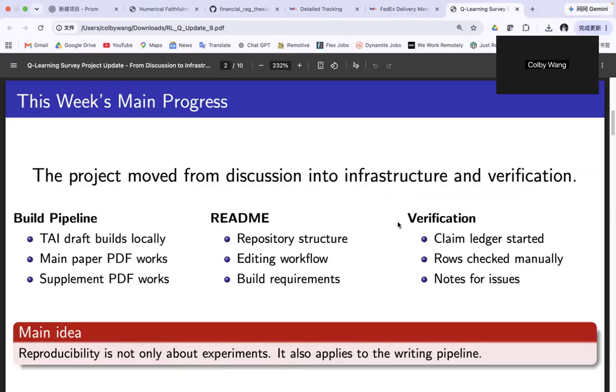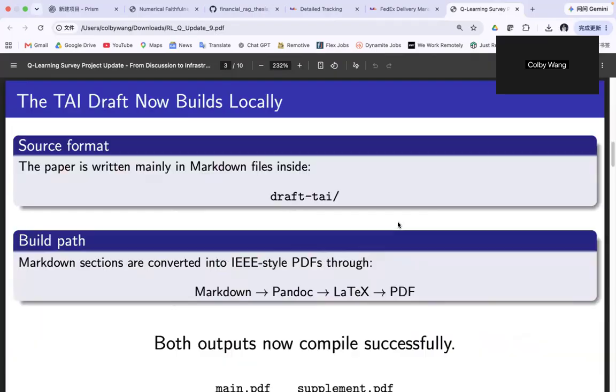Third, we started the claims verification process. This means we are going through the manuscript claims one by one and checking whether each claim is correct, supported, and internally consistent. The key idea is that reproducibility is not only about experiments. For a collaborative research paper, the writing process also needs to be reproducible.